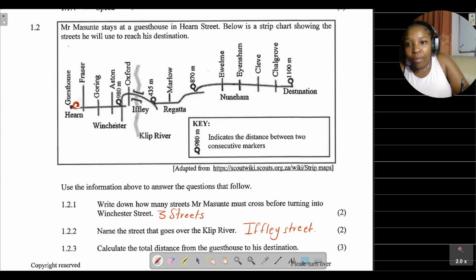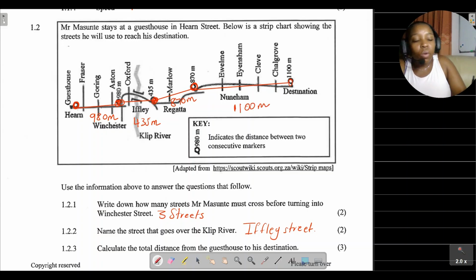So from there to there, the distance is 980 meters. Then from there to there, the distance is 435 meters. Then from there to there, 870 meters. Then from there to there, the distance is